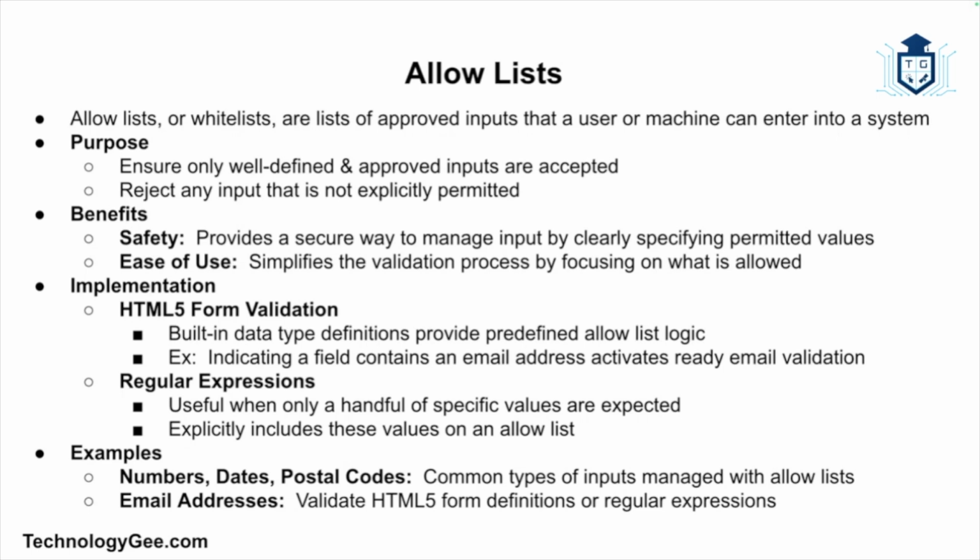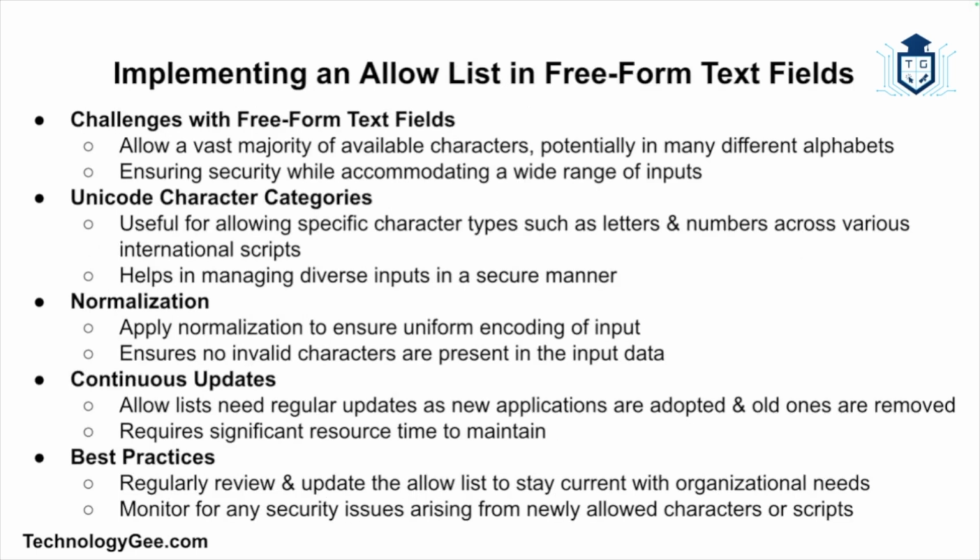With HTML5 form validation, you get predefined allow list logic in the built-in data type definitions. So if you indicate that a field contains an email address, you have ready email validation. If only a handful of values are expected, you can use regular expressions to explicitly include them on an allow list. Now, using an allow list gets tricky with free-form text fields, where you need some way to allow